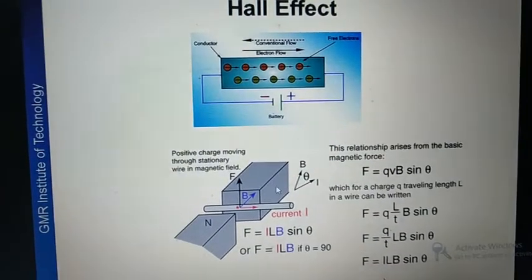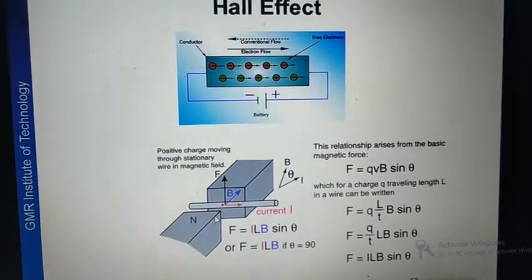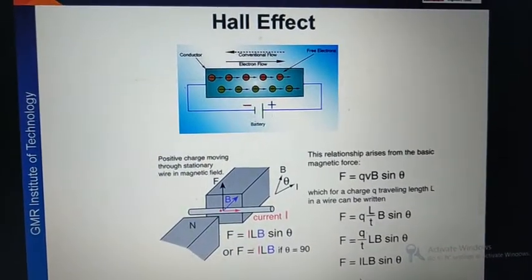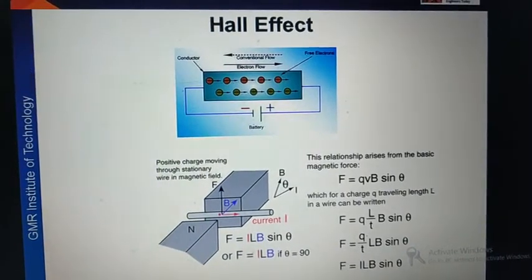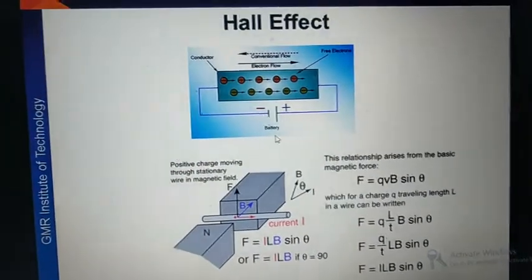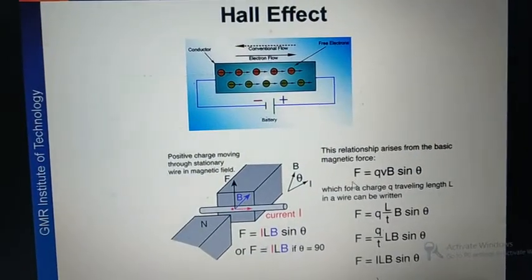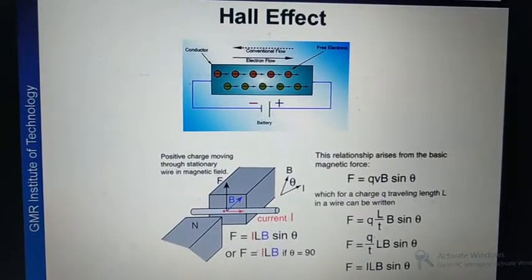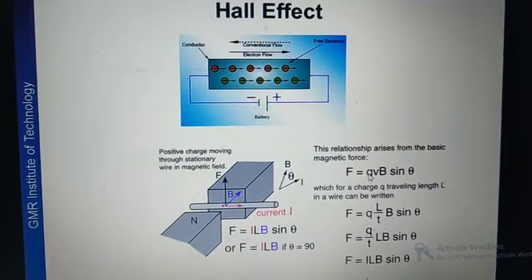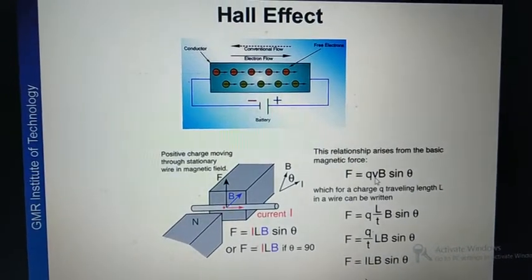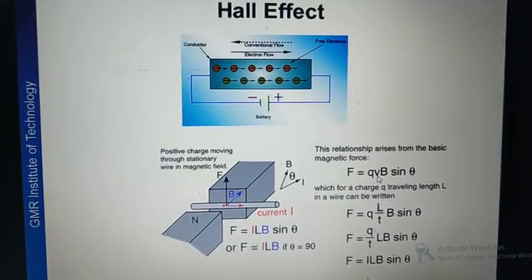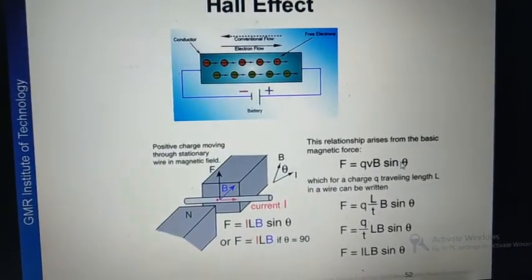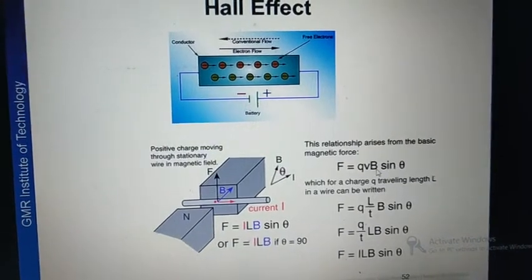Now due to the magnetic field applied, okay, what is Lorentz force? When charges are moving, and if you apply magnetic field, there will be force acting on the charges given by F is equal to QVB sin theta, where Q is the charge of the charge carriers. If it is electron, it is minus e. If it is hole, it is plus e. And V is the velocity of the electron or hole, and B is the magnetic field applied, and theta is the angle between the velocity vector and the magnetic field vector.